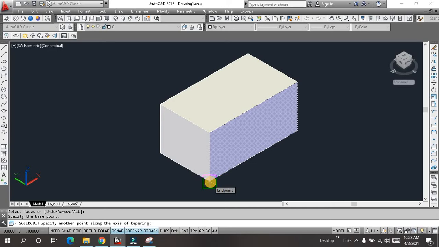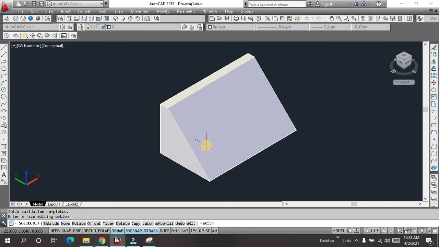For example, I selected the base point, the lower one, this one, and I'm going in this direction, so your taper will occur in this direction. Let me see, and I click over here, and this time I will enter A and assign the angle value of 45. See,